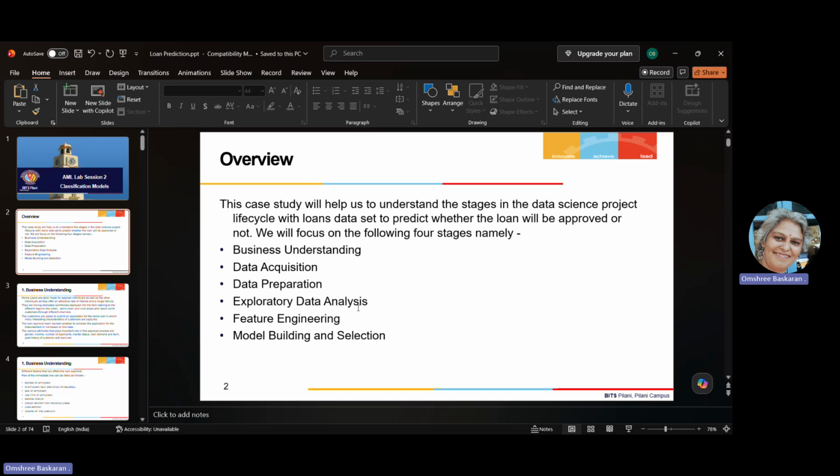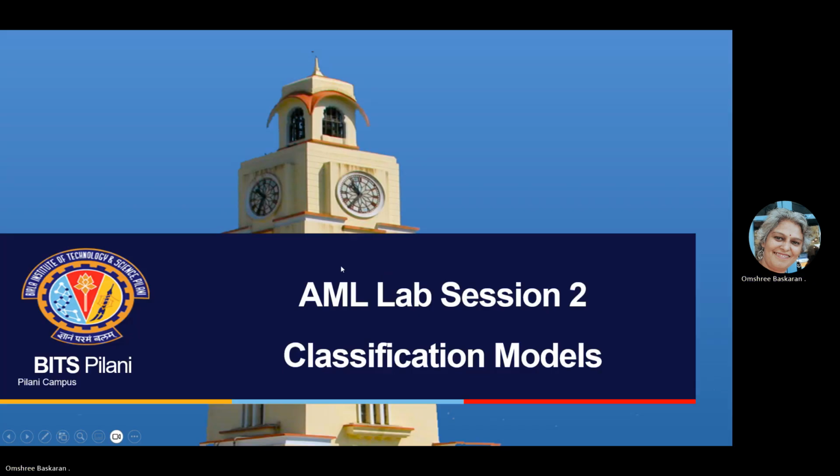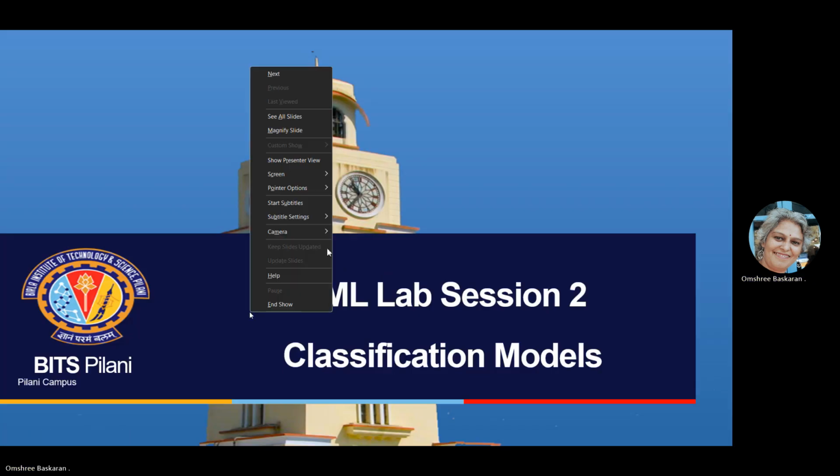In the last session, we focused more on the exploratory data analysis. So this time it will be about preparing the data, feature engineering, and model building. Okay, to start off,